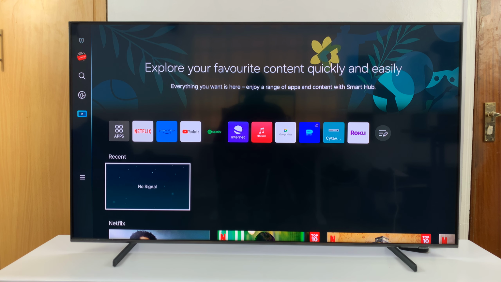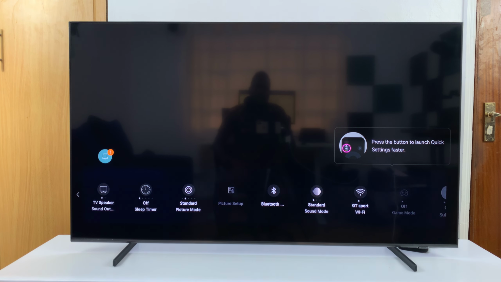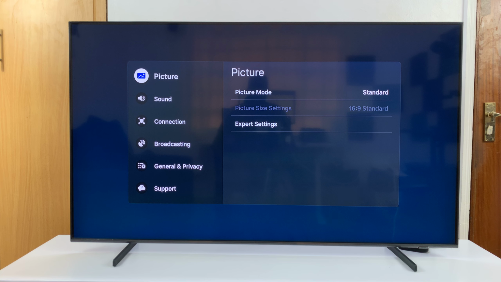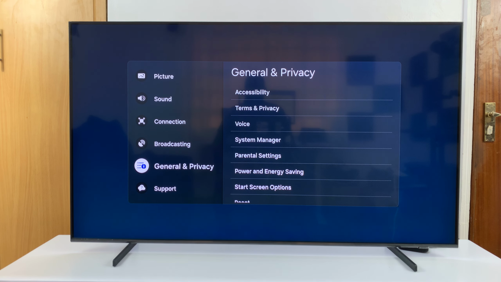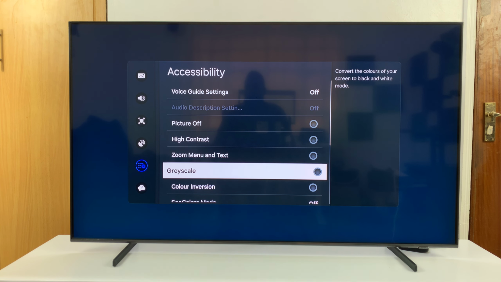In today's tech tip, I'll be showing you how to choose or change your favorite subtitle language on your Samsung Smart TV. So from the home screen, just go to settings, then go to all settings. On the all settings window, scroll down to general and privacy, and then go to accessibility, and then under accessibility,